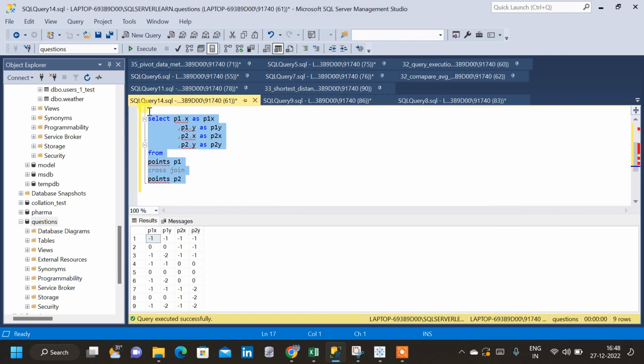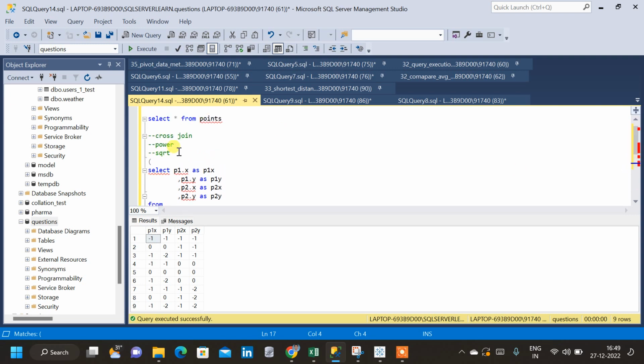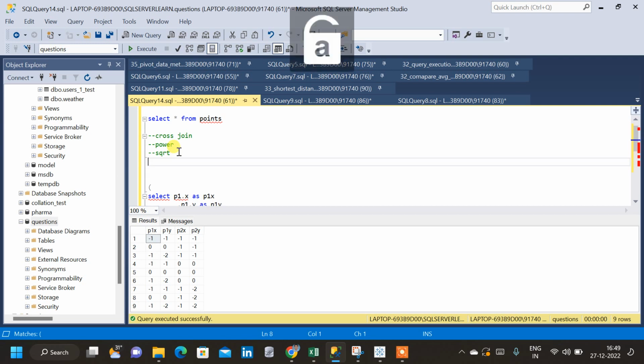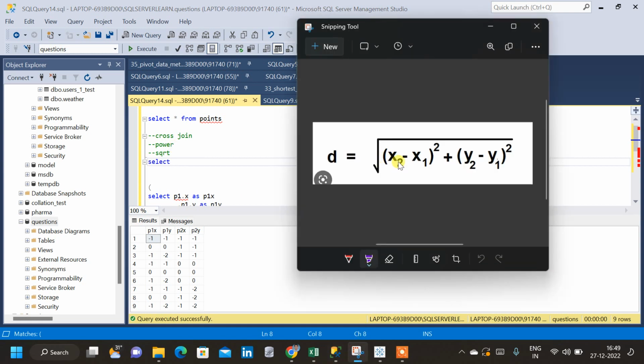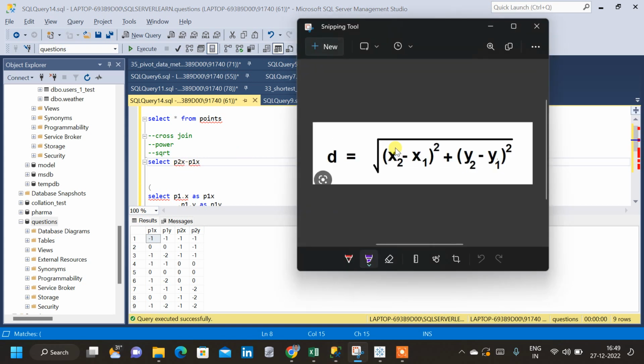So let us keep this inside a subquery. Then we will write a query outside this one and we will find the result. We will give an alias name also, that is B, and above that we are going to write the query. So we will start with select. Let us go back to the equation and see our first term, that is x2 minus x1 the whole square. So the first thing is we have to subtract P2x minus P1x, and then